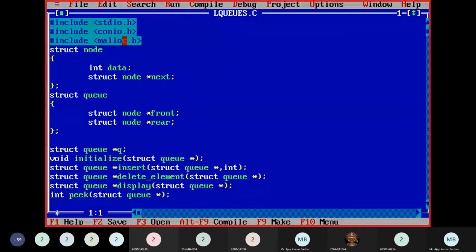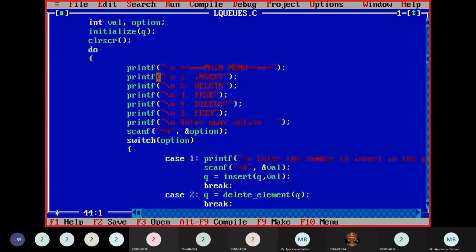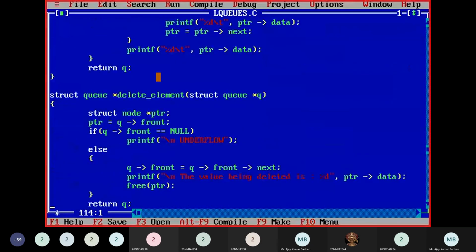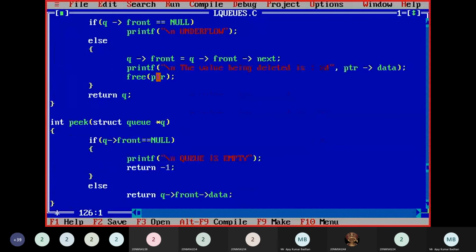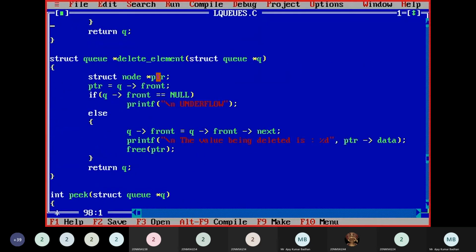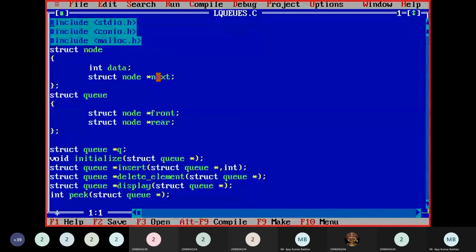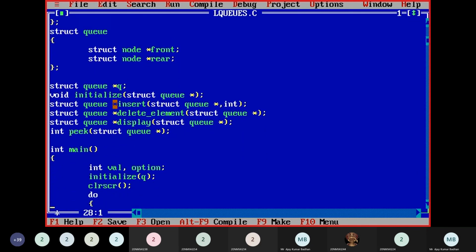Okay. Now you can see this is the code which I have written in Turbo C. The reason I'm showing it in Turbo C is that when we implement this in C++, the compiler is not able to execute this particular program because of some infringements with respect to the compiler. But here the code is running fine and it is perfectly correct. The code is correct, but there it shows some infringements related to the compiler. Now this is the one which I have shown you. You can see struct node with int data and struct node star next, and here this is the queue which I have represented, and these are the methods which I have executed.